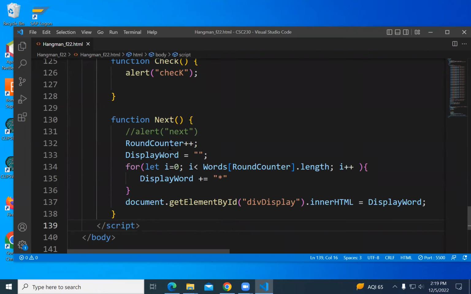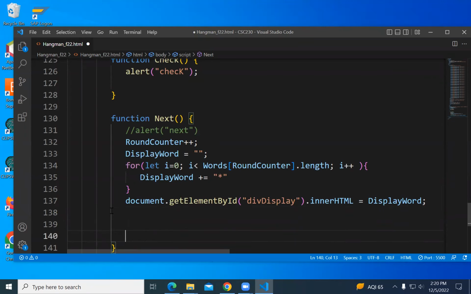Okay. So when the round counter gets to be the length of the array minus 1, that'll be the last index. That will mean that there are no more words.